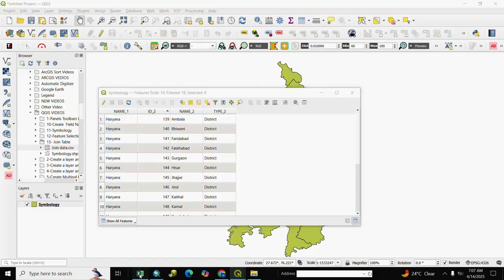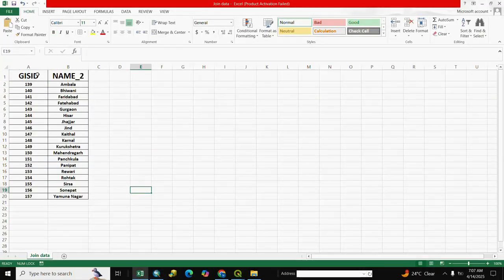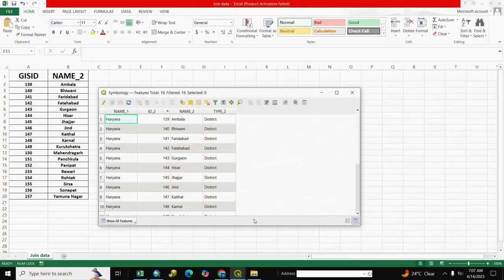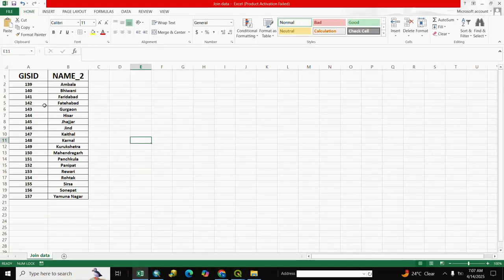We go to Excel, here is our Excel, and we see here GIS id and id underscore 2 are same, so we join with respect to id underscore 2 and GIS id.